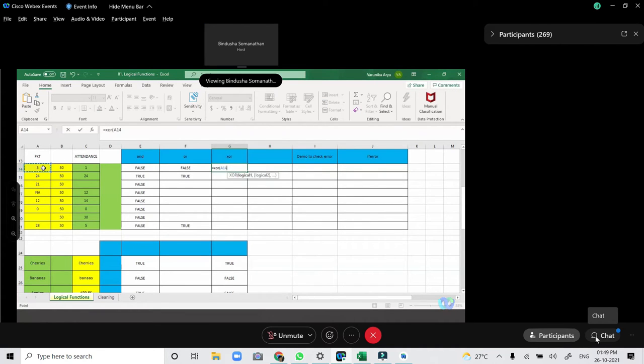First logical condition here I'm applying is greater than 20, the same one, and this is greater than 15. Now, it will return true if either of the situations is met, just like OR. This part is just like the OR function. If either of the conditions is met, it will return true. However, it will return false if both are met. So even if both the conditions are met, see here both conditions were met. However,